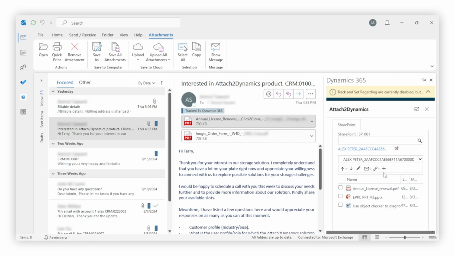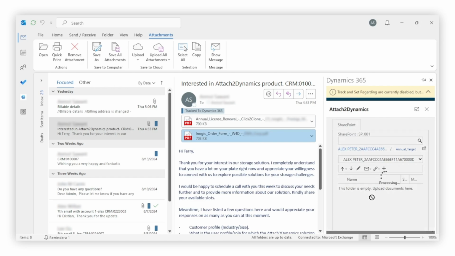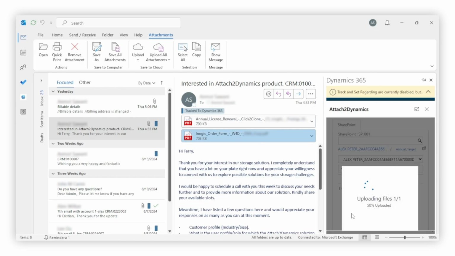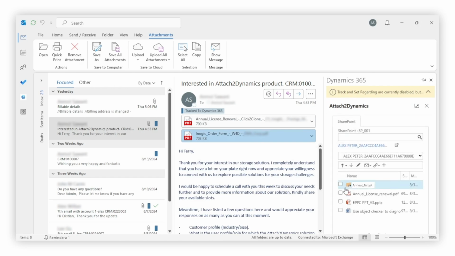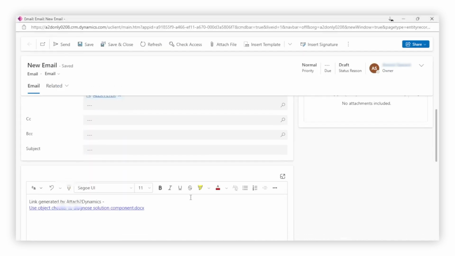You can also create a new folder by clicking on the designated button shown here, allowing you to organize and migrate documents from Outlook to your cloud storage seamlessly. To send mail, click on the mail icon and select the option Link or Attachment. This will take you to the Outlook Mail platform, where you can send the selected document or link to the